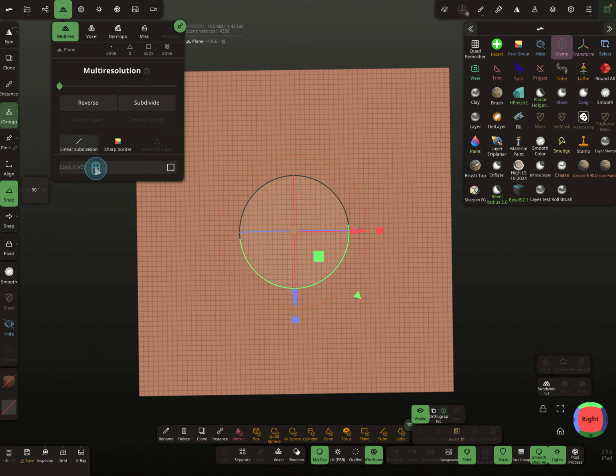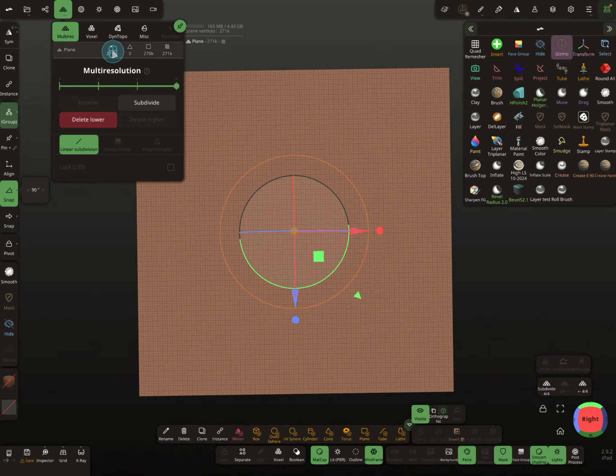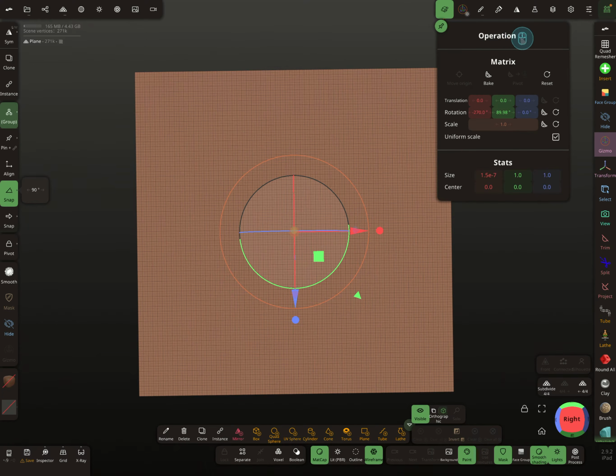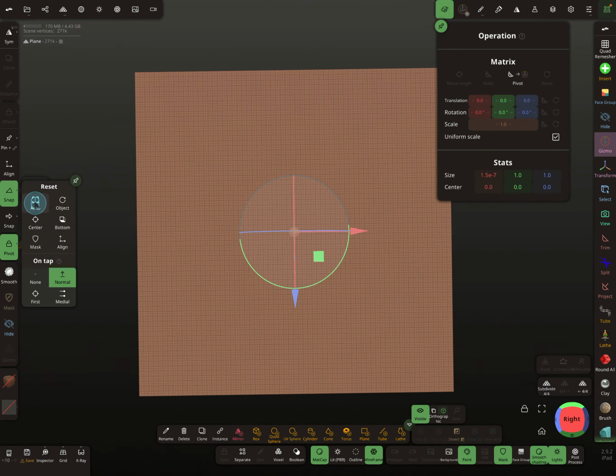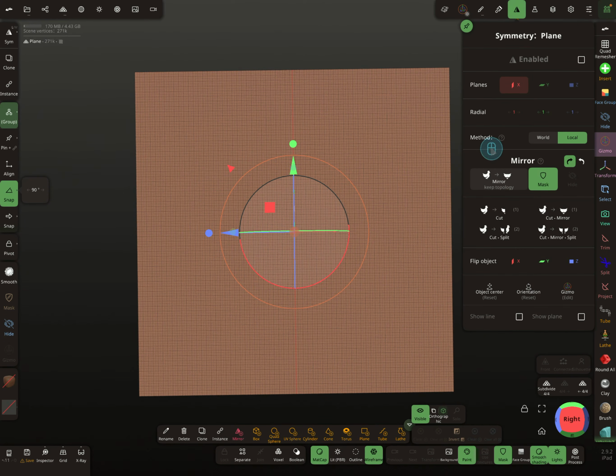And I use multi-resolution linear subdivision and increase the poly count. 270,000 vertices is okay. The next thing I do, because I rotated the plane, is in the translation menu you can bake your object. The pivot you can reset, and you can fix the symmetry. So here object center and orientation, now the symmetry is aligned. Okay,